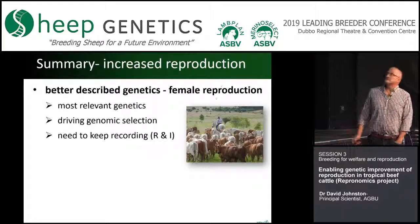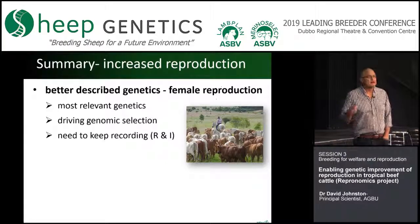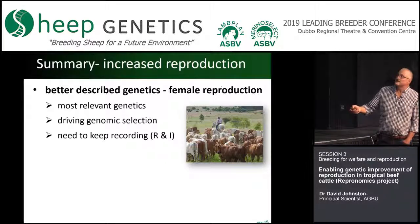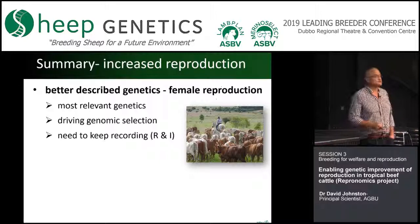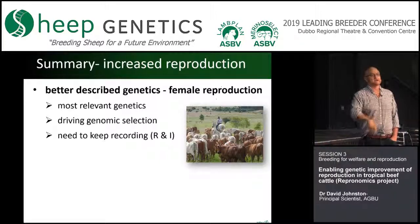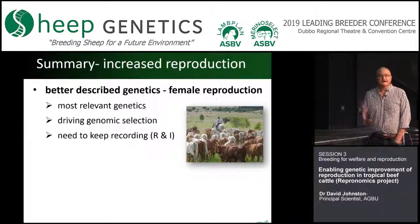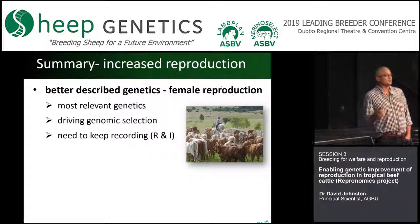The ability to better describe genetics for female reproduction. We're using the most relevant genetics that we can, driving that genomic selection. We need to keep recording in both research herds and in industry. The biggest risk is that people stop recording. Once we stop recording, our genomic accuracies will decline, unless we've got very good reference populations that will support the